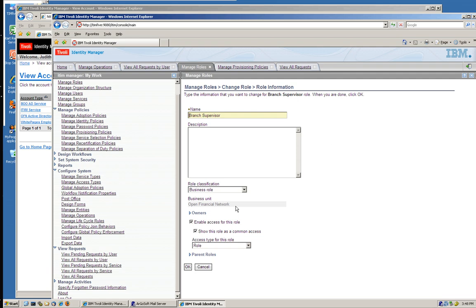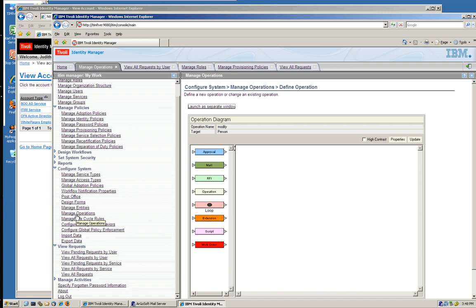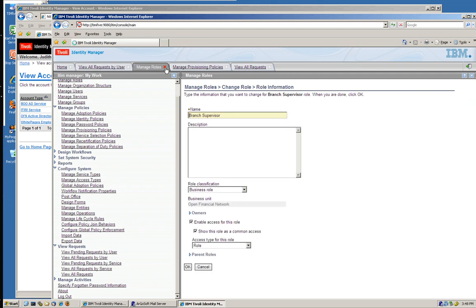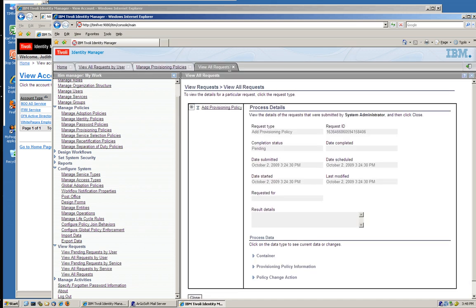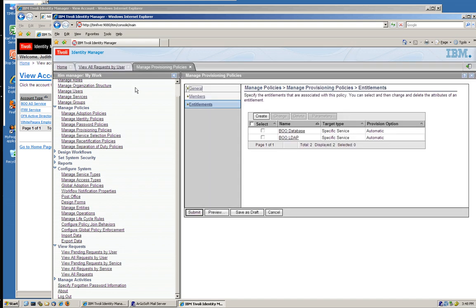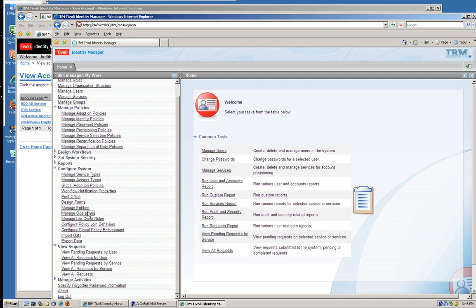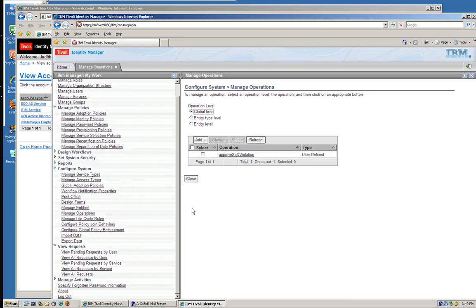anyone to approve it. So we went here to configure system, manage operations, and in here, actually I can close this window so we can see it better. Let me close all these windows. So we go into manage operations, and we need to define that whenever anyone modifies a role for a person,